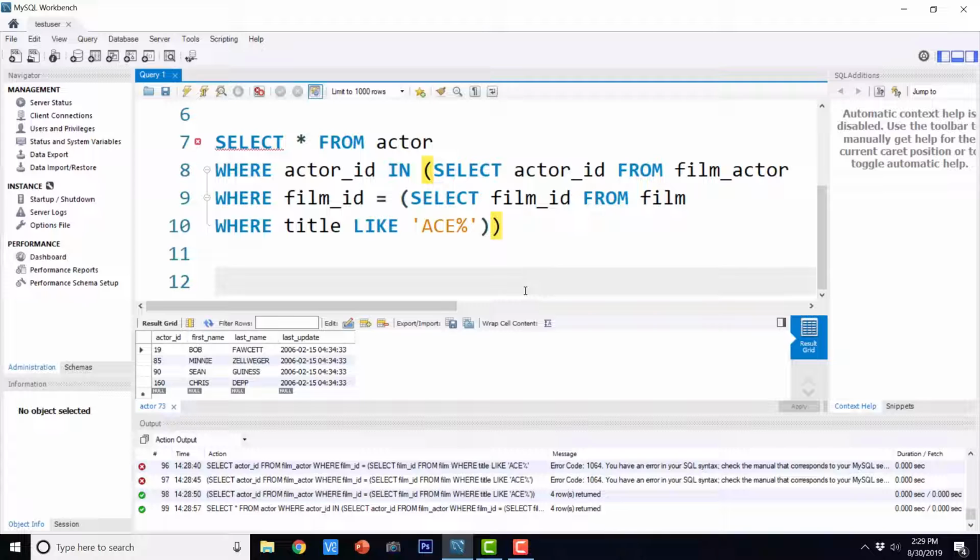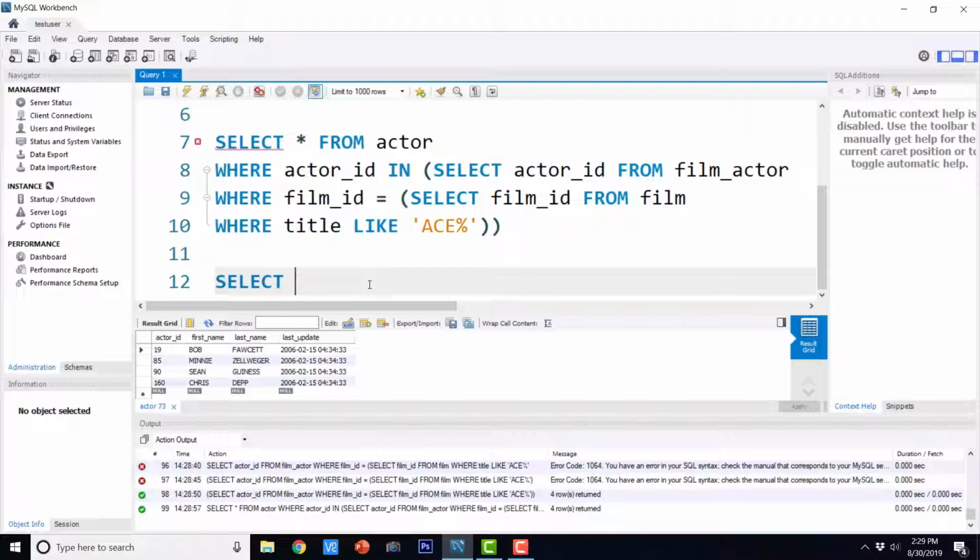And the last way we can use a subquery is as a derived table. So we are going to use the subquery as the data source. Let us see how we can do that.